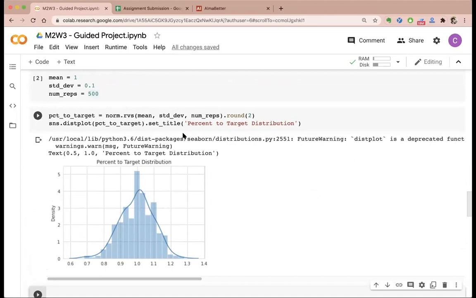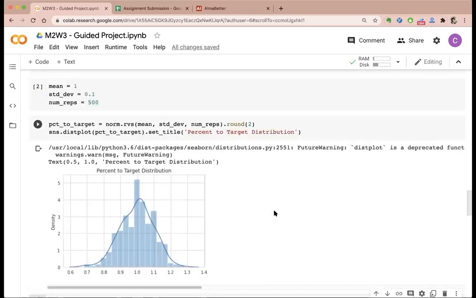Okay, so this is how it looks, right? So I plotted the distribution plot of those 500 numbers. As we said, since it is a normal distribution, I picked 500 numbers. It kind of shows a distribution which is close to a normal distribution, right? So this is what I was able to do.